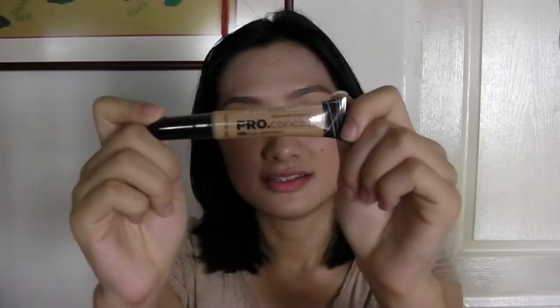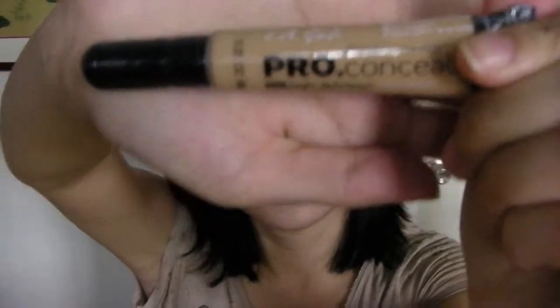Hi guys, so today I went out to buy makeup. I got this. I actually had one earlier on, but because I lost it, so it looks like this, so you can see this. Okay,